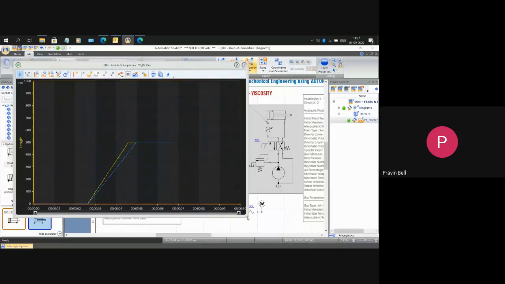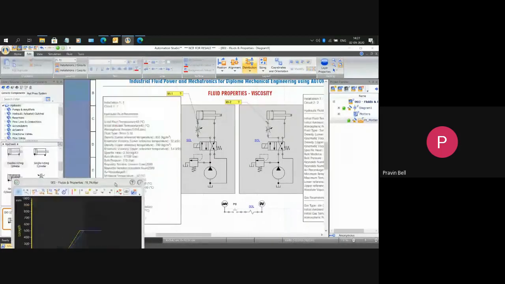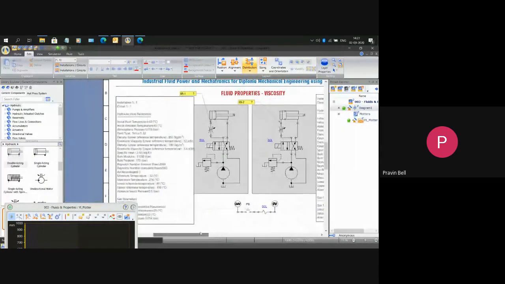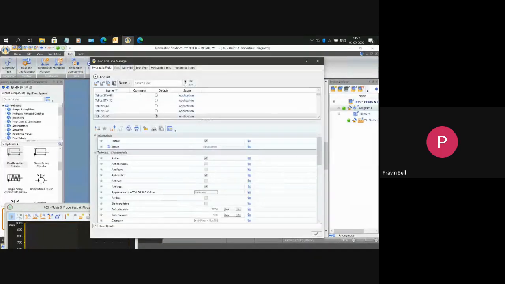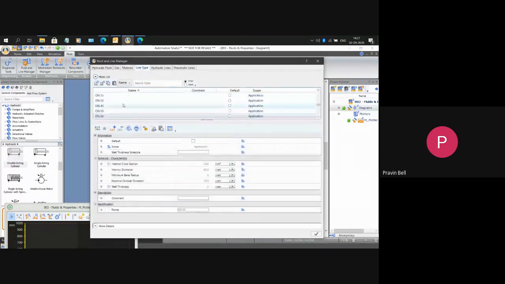So in Automation Studio, there are a lot of fluids available with their viscosity properties, and you can do these studies here. Okay. Besides that, in Automation Studio, you also have, in some syllabus I saw, the study of line types and materials. So in Automation Studio, we have things like stainless steel, rusted steel, internal roughness of pipes, aluminum, carbon steel, concrete lines. What is the type of a line?